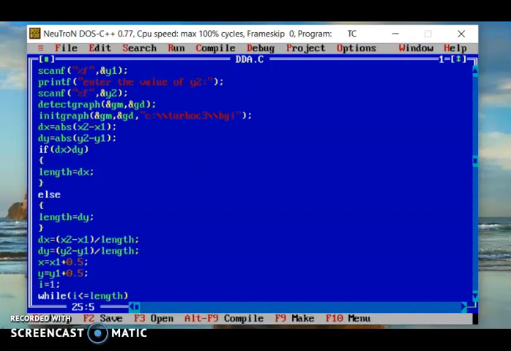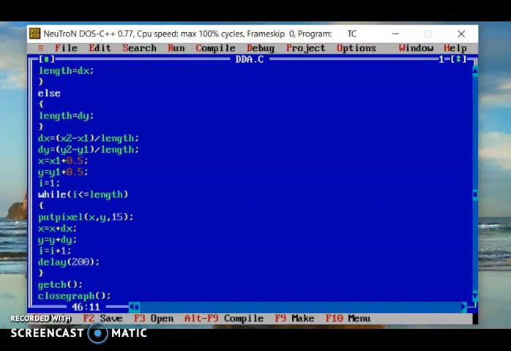If delta x is greater than delta y, then delta x is stored in the variable length, else delta y is stored in the variable length. Means whatever values of delta x and delta y we got, they will be compared.